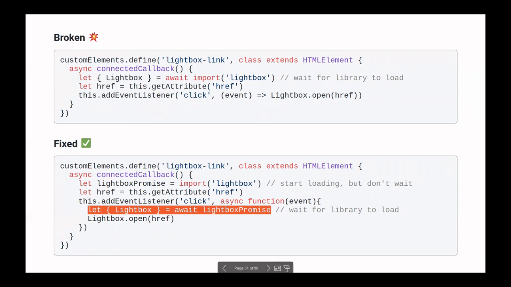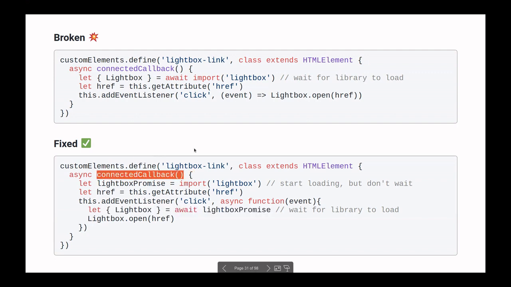So you've asked in the chat whether Capybara waits until the connected callback is finished. Well, it doesn't have to, because the connected callback is run in the same JavaScript task in which the element is attached to the DOM, and you cannot observe half a JavaScript task. So while JavaScript is running, Capybara will not be able to talk to the browser.